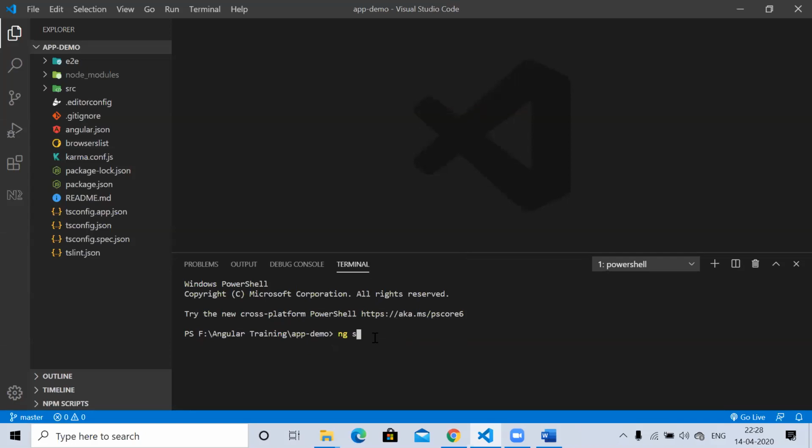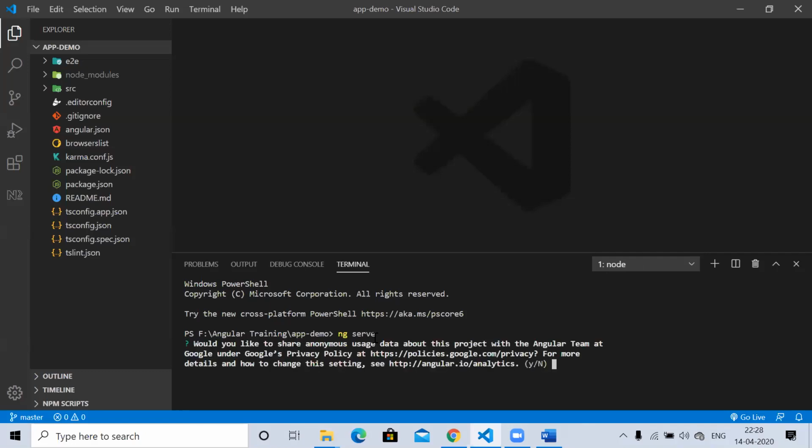When you enter ng serve or ngs, after writing the command, your application compilation will start. Here it is asking whether you want Angular analytics or not. Means whatever activity you are doing for this project, do you want to store it in Angular analytics or not.